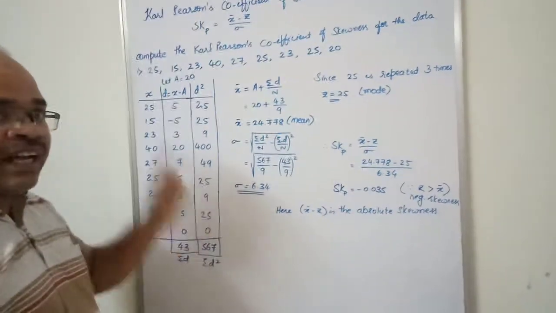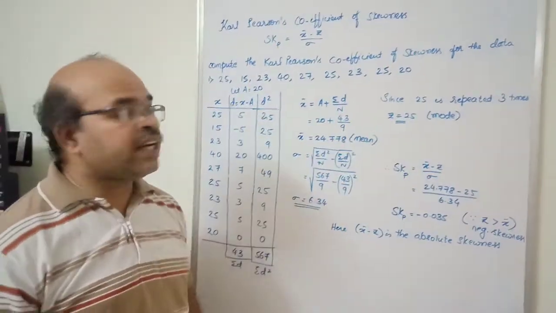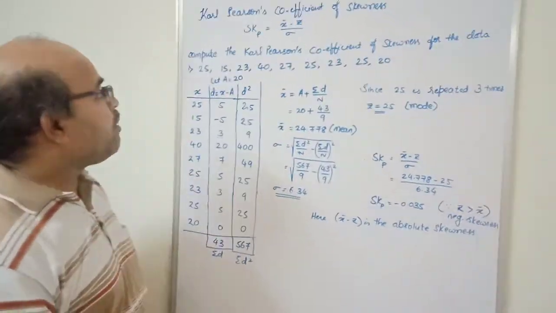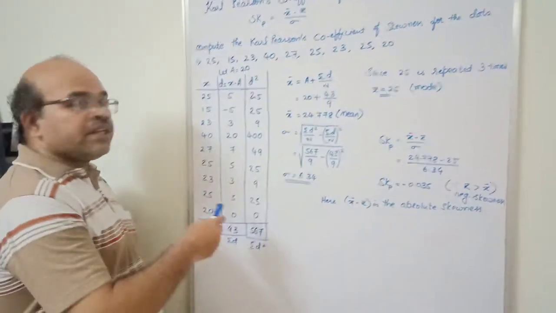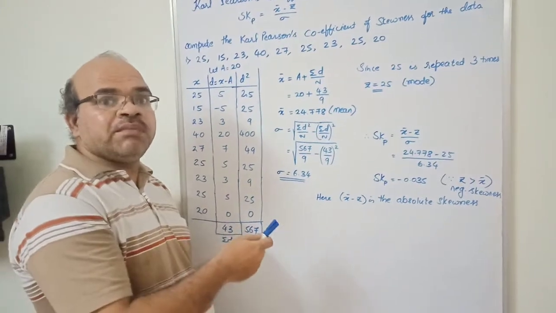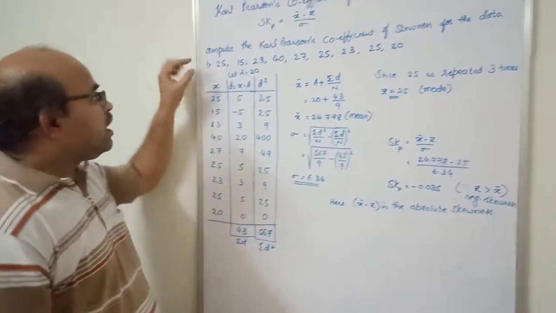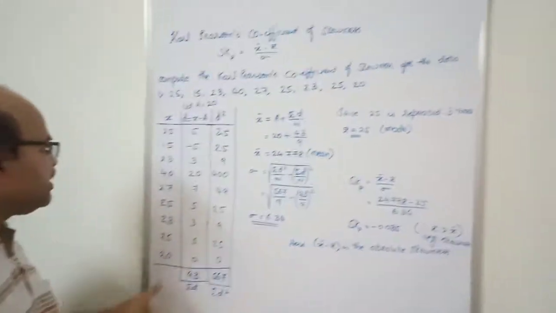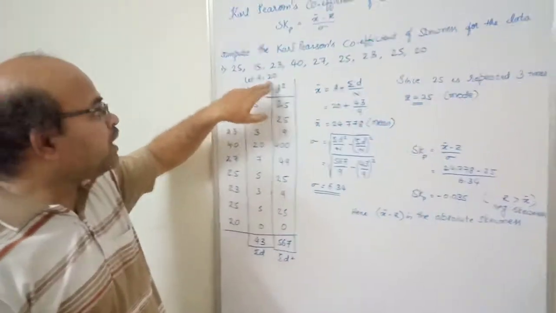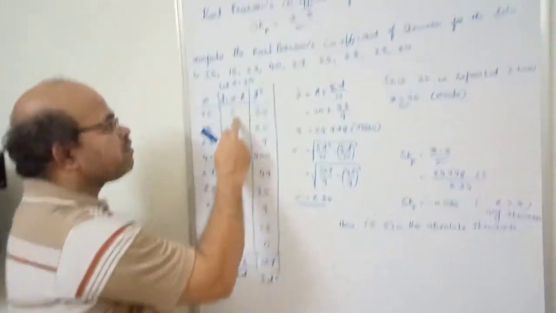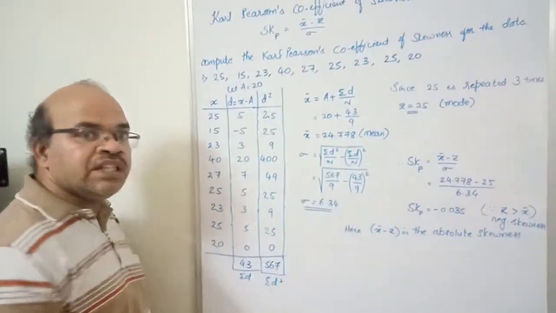In order to describe this, I have taken a problem. I have taken an individual series of data and am trying to compute Karl Pearson's coefficient of skewness for the data. Now let me use the assumed mean method and find x bar as well as sigma. The scores they have given I have listed in the first column. Deviations I have taken with respect to the assumed mean, which I have assumed as 20: 25 minus 20, 15 minus 20, minus 5, 23 minus 20. Like this I have listed all the D's.